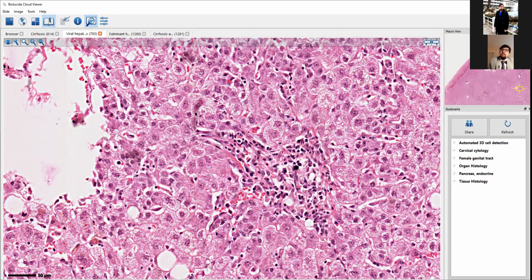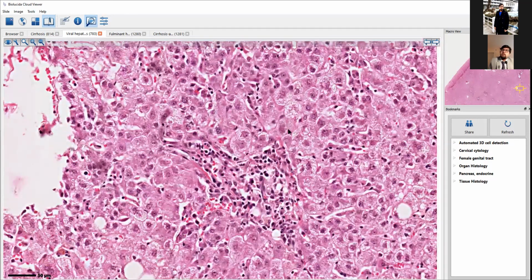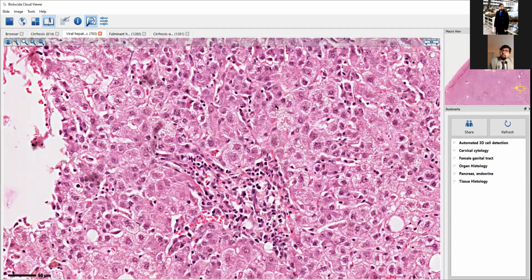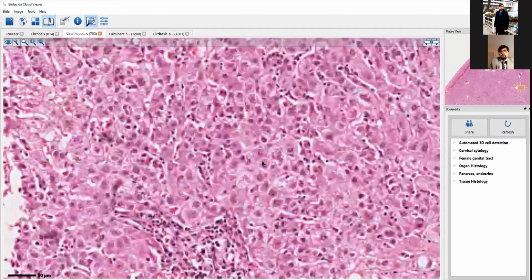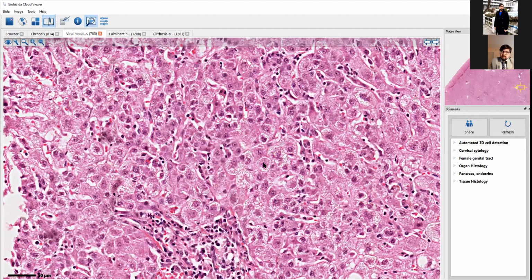But let's look at each of these cells. These are all liver hepatocytes, but you can see that they don't have a fixed nucleus. You cannot make out the nucleus because this is what it looks like. This is necrosis, right? You can see that although the cellular outline is normal, which is fine, there is a lot of intracellular debris, right? Let's compare this cell to this cell. Here you can see there is the same thing, but then there is a nucleus here, and around the nucleus is debris.